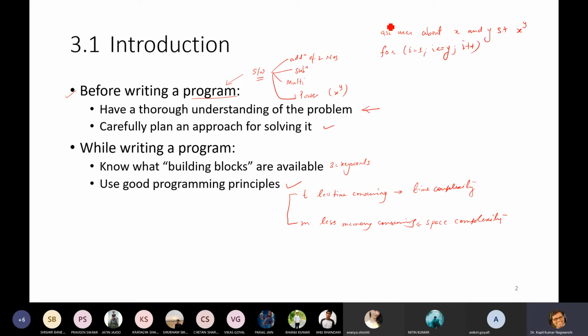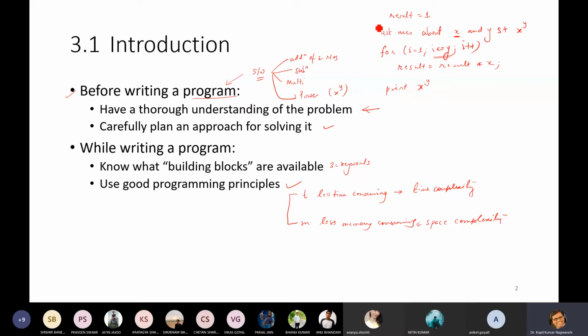What is our result? We must know the result. Result equals result multiplied by x, because we want to multiply this x y times. Initially, the value of result we need to initialize to 1, otherwise it will multiply with a random number, and this loop runs until this condition is false. And then finally, print x to the power y.